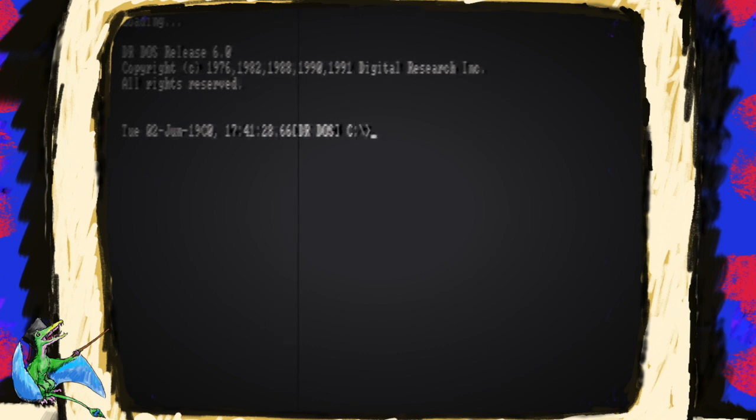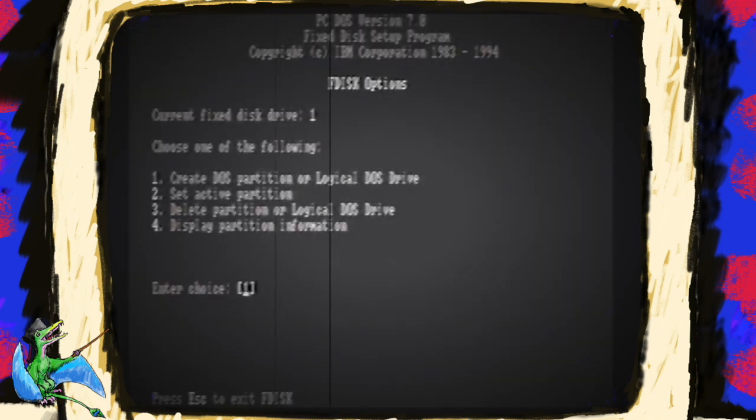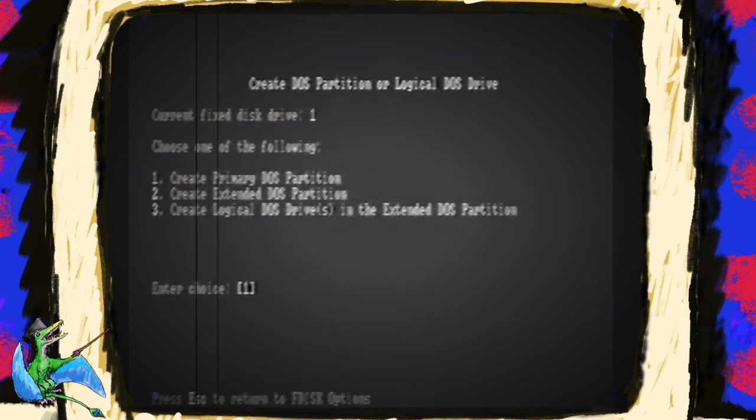All right, so I'm going to go ahead and reboot it again because I'm more familiar with DOS 7's FDISK program, I'll just go ahead and do the PC-DOS. So what we're going to go ahead and do is create a DOS partition. We're going to create an extended DOS partition,